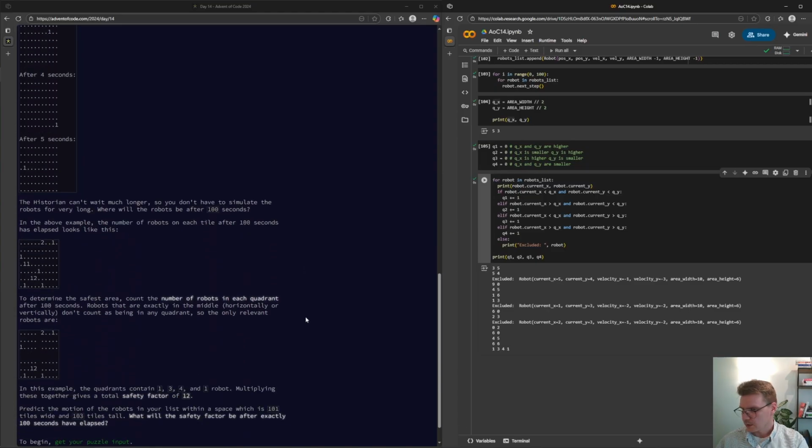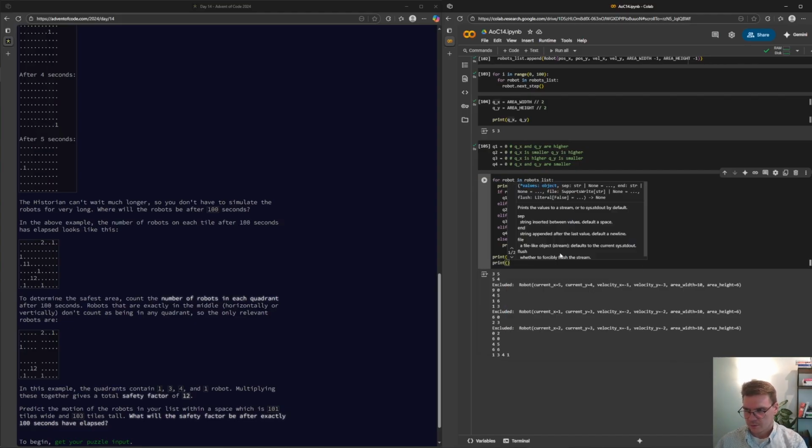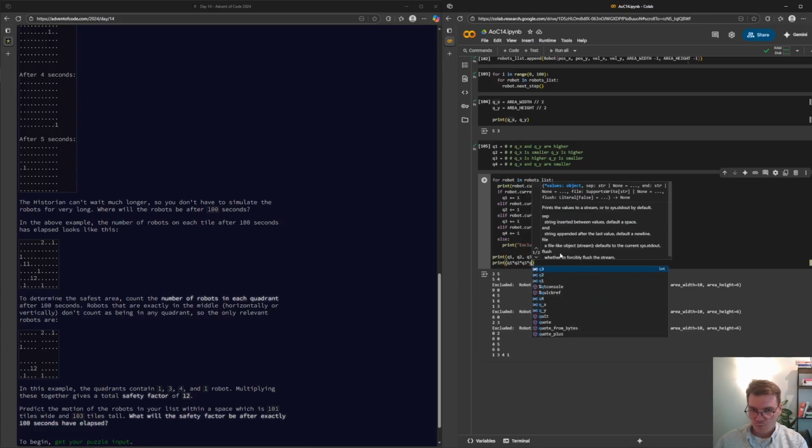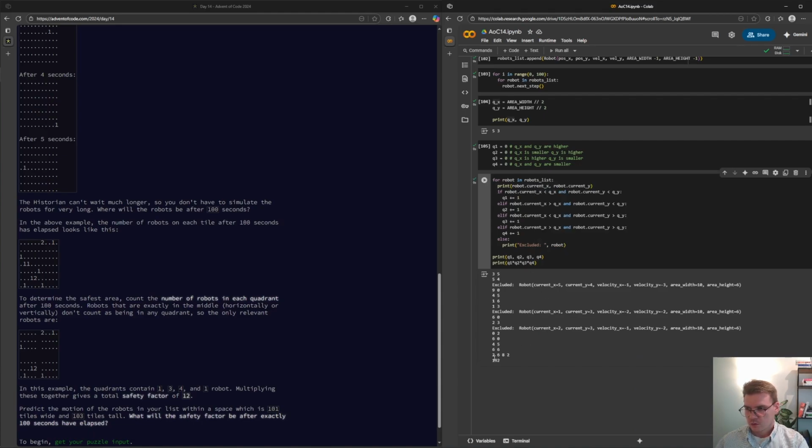And now we can see actually similar results, and then we can just print Q1 times Q2 times Q3 times Q4, which should be 12. Okay, good.